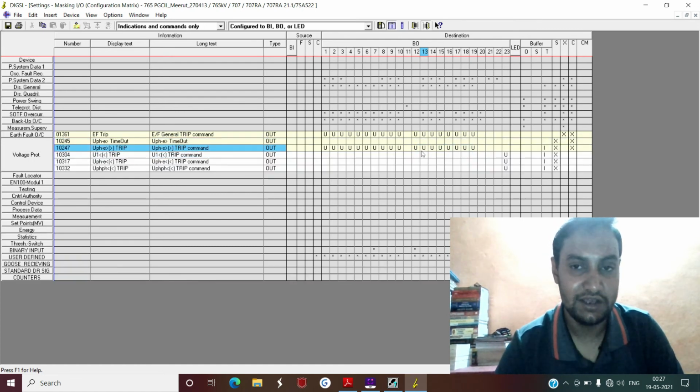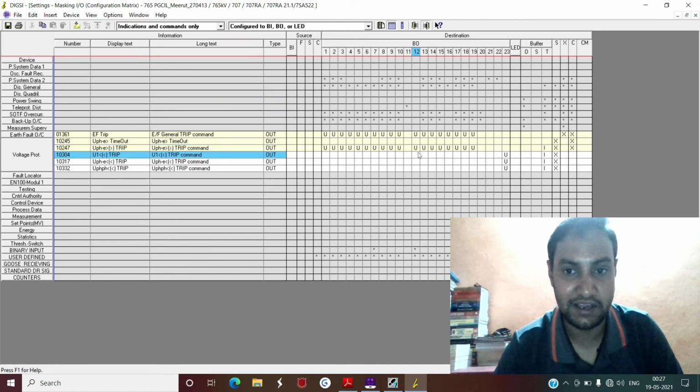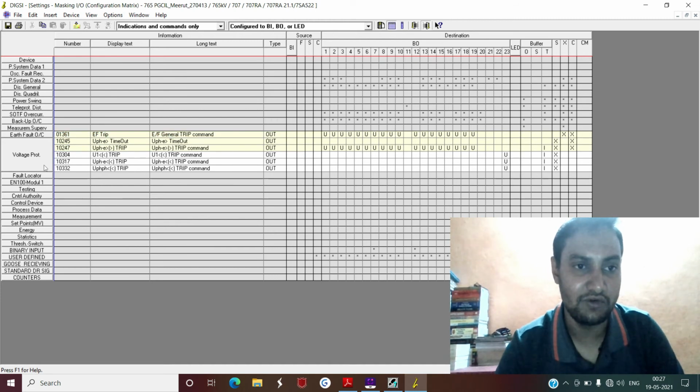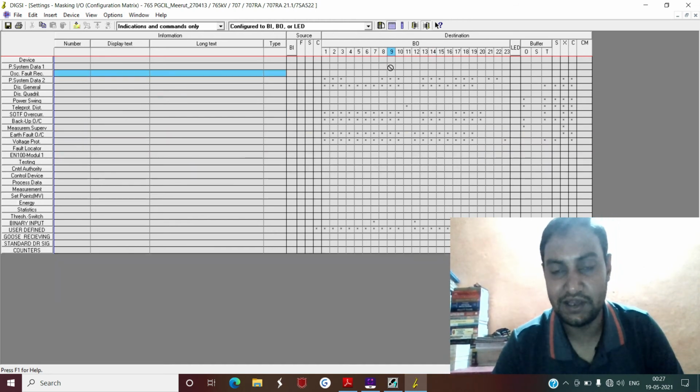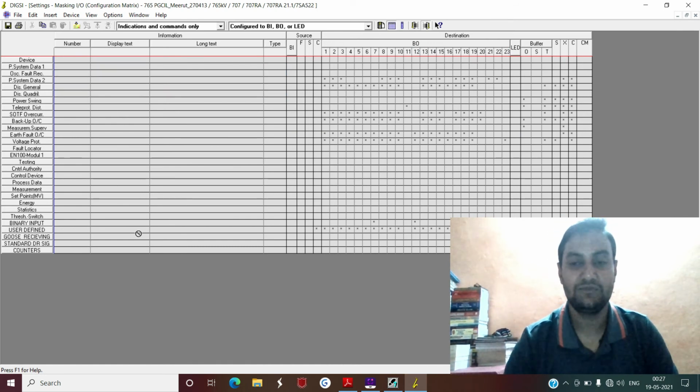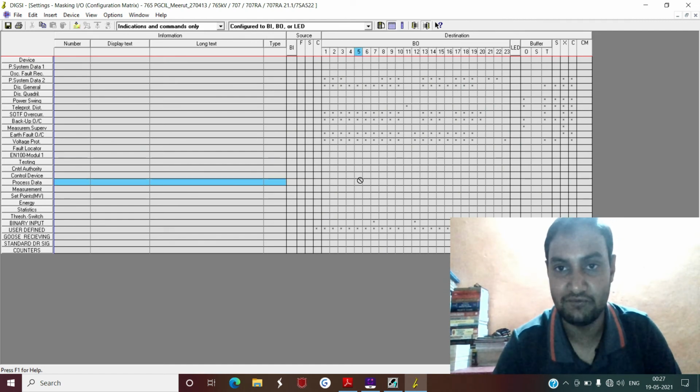That's why output number 12 gets active only in case of over voltage and earth fault. Similarly, you can see all the other outputs, output number 13 to 23, and in this way the inputs and outputs are configured in the 7SA5221 relay.